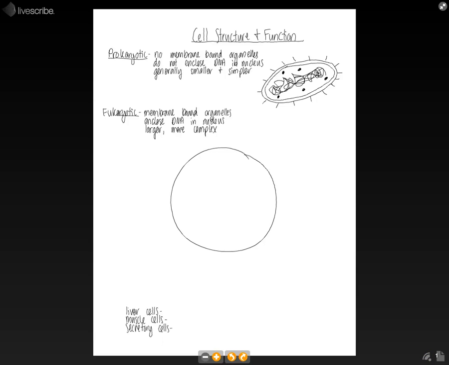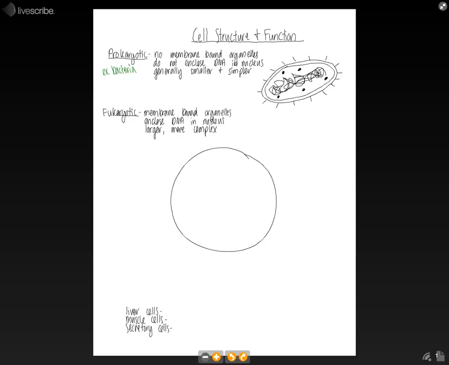This lesson is going to talk about the cell structure and the function of all of the organelles within the cell. And so first we're going to talk about the two main types of cells. We have prokaryotic and eukaryotic. Prokaryotic, and an example of this would be like bacteria,